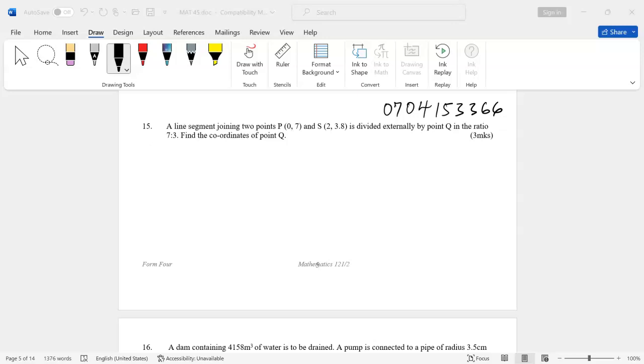We're going to discuss proportional division of a line. In this case, external division of a line. Let's assume this is a line segment. Then we have a point A, then another point B, then we have another point C, such that C is dividing AB externally. Then we assume that there is a ratio here,